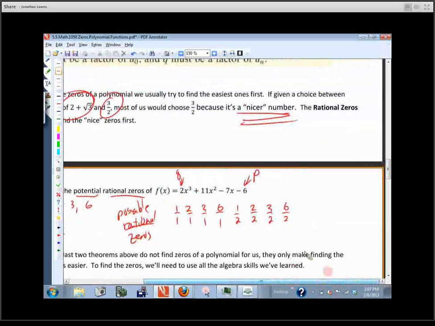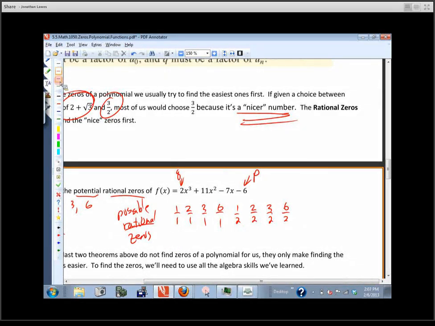Okay, now, this is my list. Now, you're going to get better at this. We'll do a couple more of these. I'm certainly not going to leave it looking like that. So here's what we're going to write. This number is a 1, put a comma. This number is a 2, put a comma. This number is a 3, put a comma. That number is a 6, put a comma. What about this one? 1/2, put a comma. Do I need to write that again? No. It's already on my list. This one? 3/2, not on my list. What's this one? A 3. So these all together, those 6 numbers, are the possible rational zeros, almost.